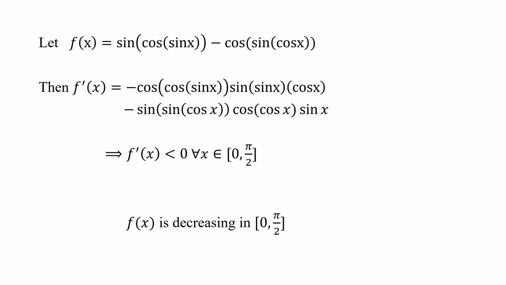So what is the conclusion of this? The conclusion is f of x has only one root or it has no roots, because if it is a decreasing function then it can cut the x-axis only once or it cannot cut the x-axis. So we have to search for two numbers x1 and x2 such that f of x1 and f of x2 change sign.